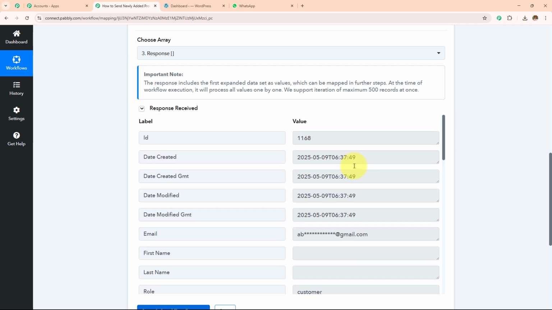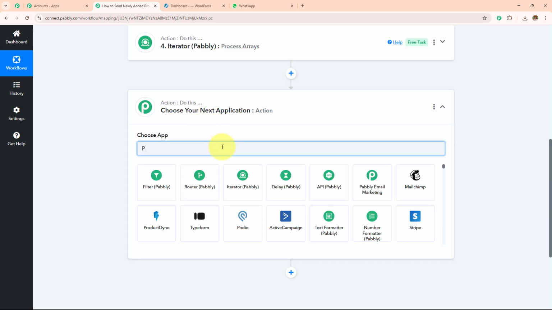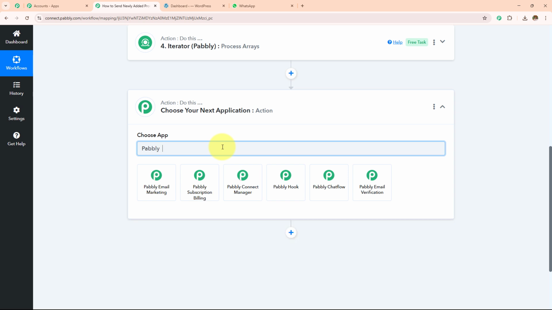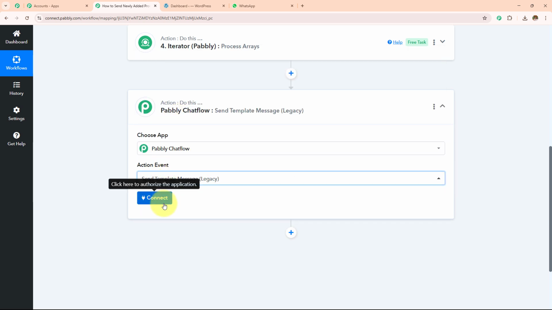Now I want to send a WhatsApp message to this particular customer, and as this workflow will be executed, my customers will start receiving the messages. So for that I'm going to click on this add action step button. So in my action application I'm going to search for Pabbly Chatflow, with the help of which I'm going to send the message. And then in my action event I'm going to search for send template message